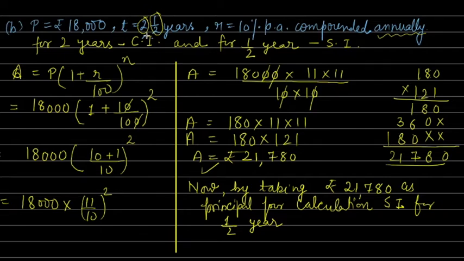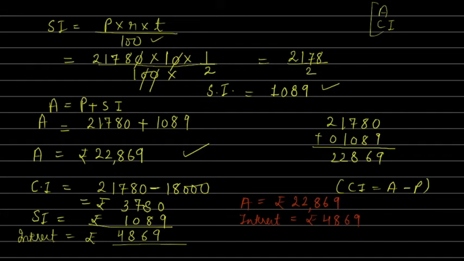Okay, so again I will repeat this thing, because if question number 1 is clear to you, then whenever it is a mixed fraction, for the whole number we calculate compound interest, for the fractional part we calculate simple interest, and whatever amount you get from here will be the principal for simple interest. Then we calculate the total interest by adding compound interest and simple interest. So this was part B of this exercise.